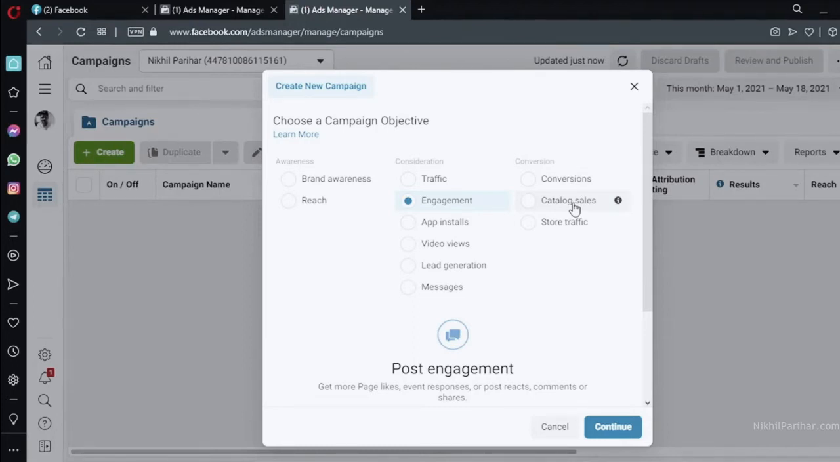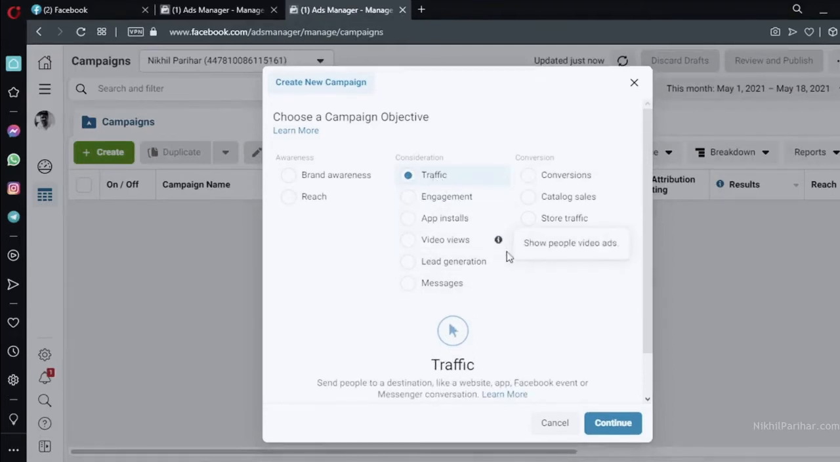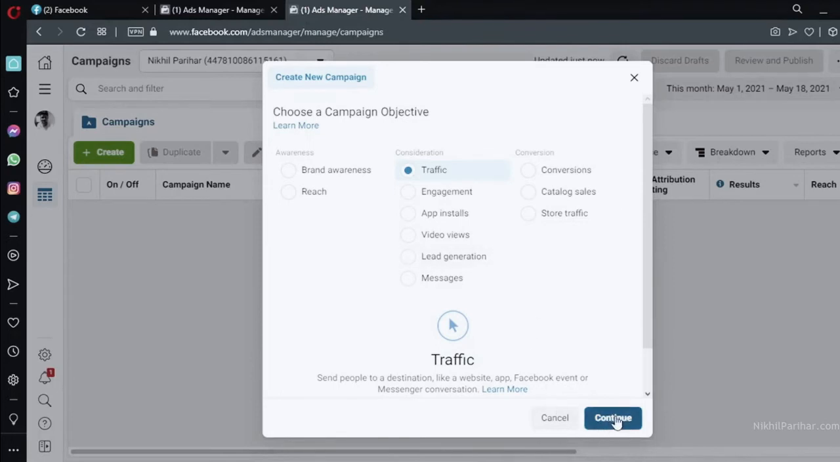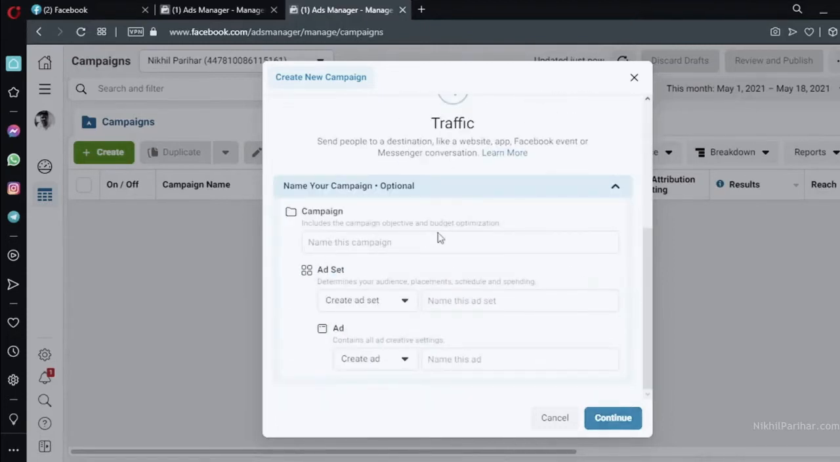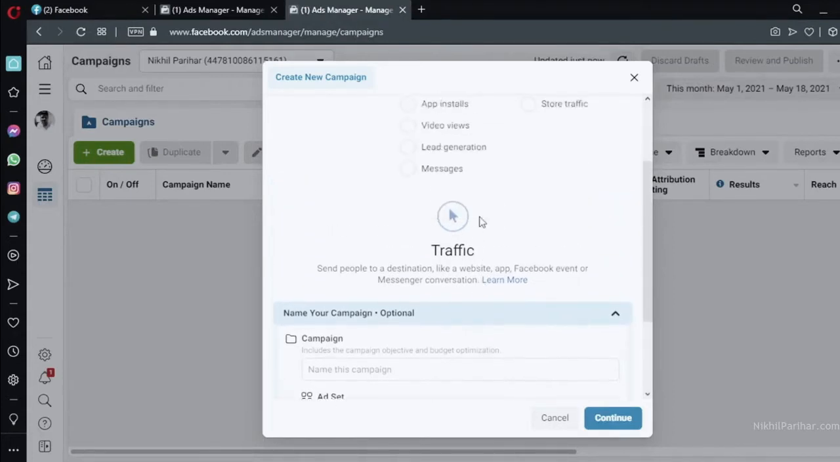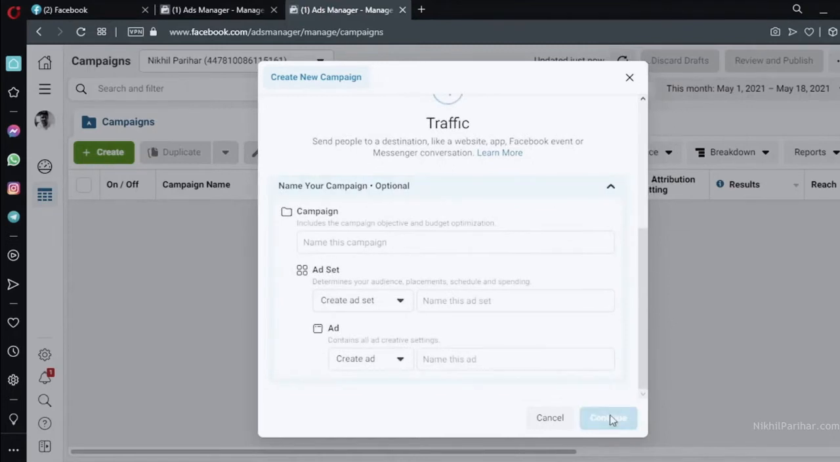So for now, let's go with the traffic objective. We don't want to make it very complex right now. So go ahead with traffic, and let's click on continue. After that, I think, yeah, it is going to ask you to name your campaign also here. So you can name your campaign, name your ad sets, and name your ads here itself. Okay, we will do it along the way, not here. So just click on continue,